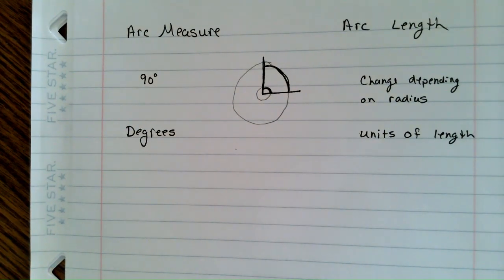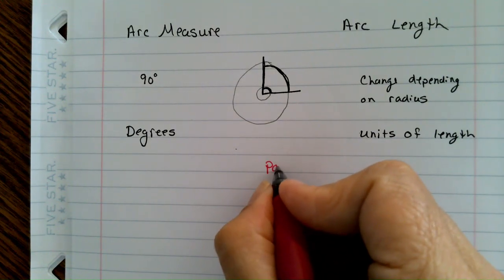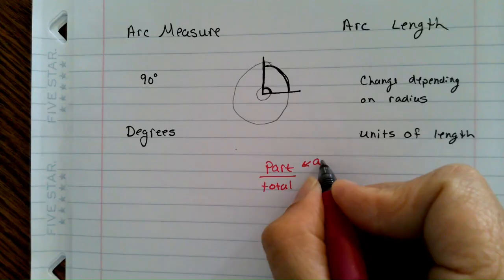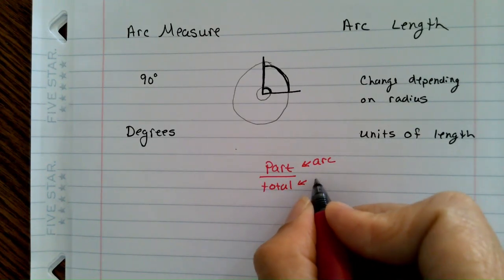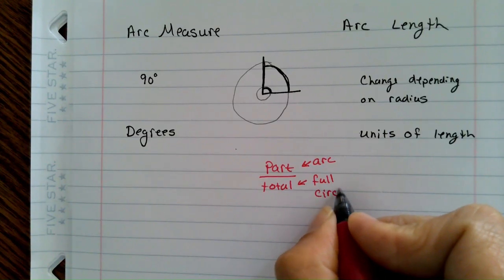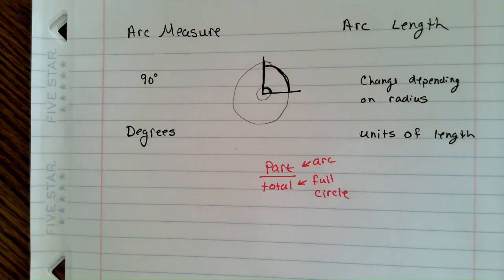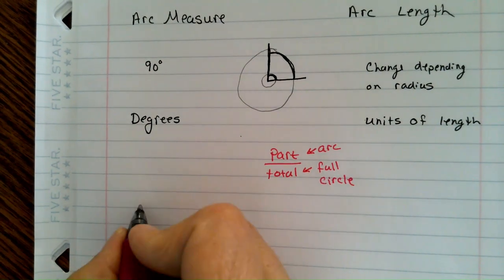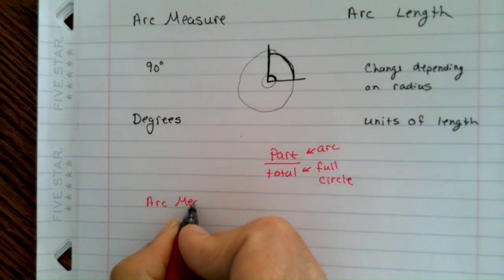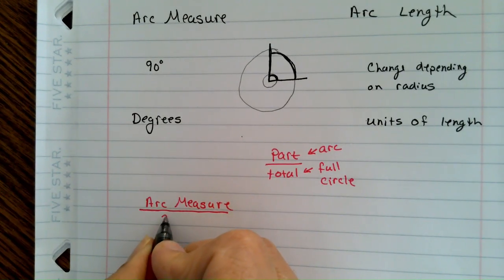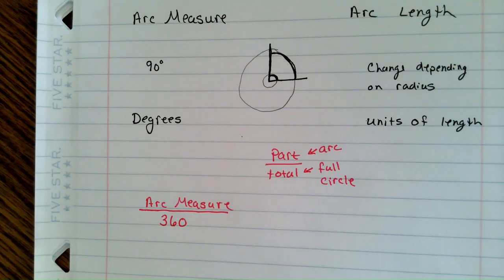Now, instead of memorizing a formula, we're going to use proportions, part to total. Our part is going to be the arc, and the total is going to be a full circle. I'm not doing it necessarily just for the 90 degrees. That was kind of specific. So we would have our arc measure, however long that was, compared to the full circle's 360 degrees, right? Now we would have our arc length,